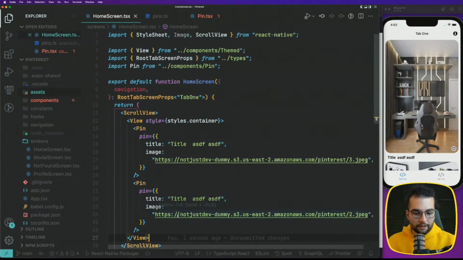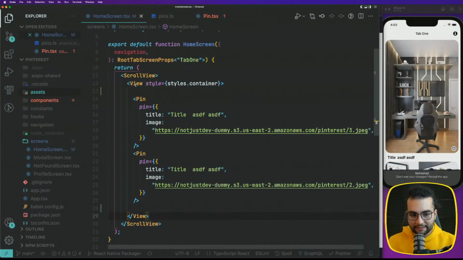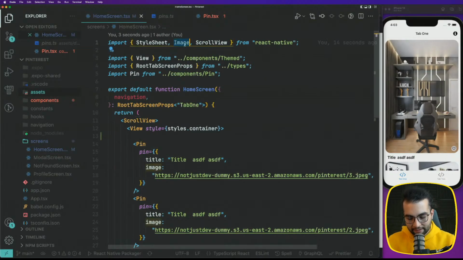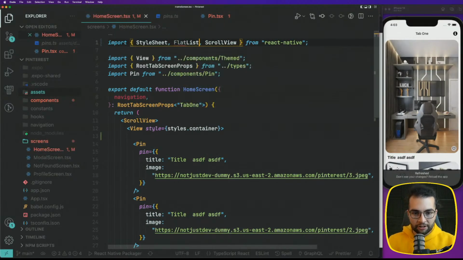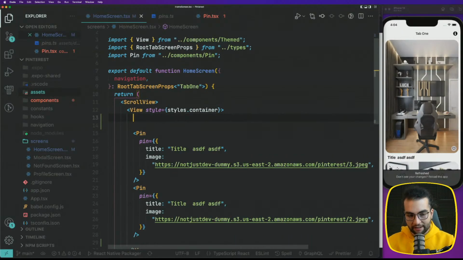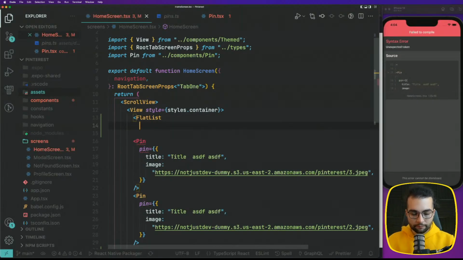Okay, so now you might think that in order to render this list of pins, we can use a FlatList. You don't have to do that. You can just watch me work with a FlatList, but I'm going to show you what issues I had with a FlatList and what issues the FlatList has. So, for example, a FlatList,